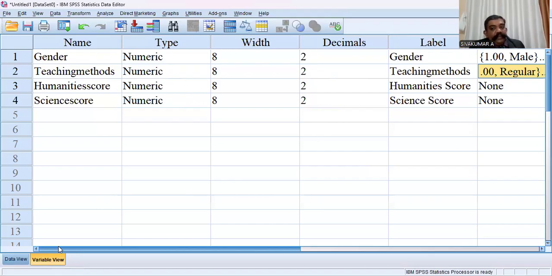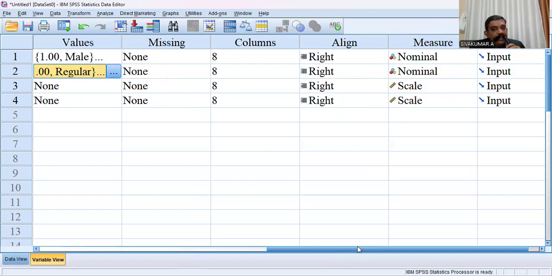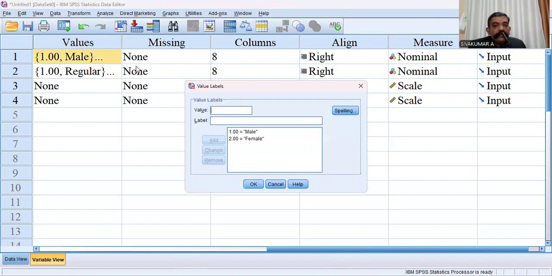That is another independent variable, students' gender. I have already inserted gender, label, gender. Then nominal scale. If it is a nominal scale, certainly you have to give the values. Here you can see the values: 1 male, 2 female, no doubt about it. Okay, then the question is completed.